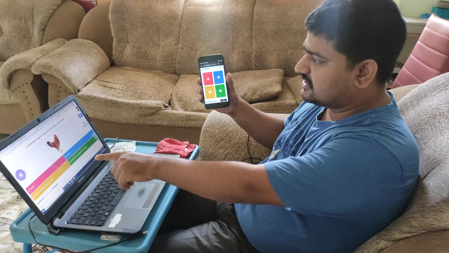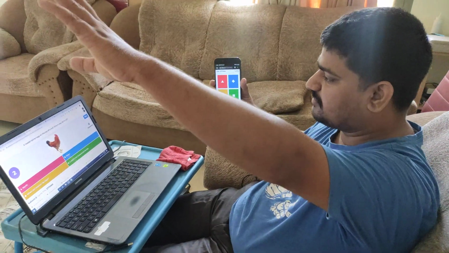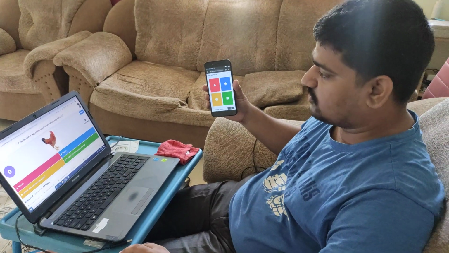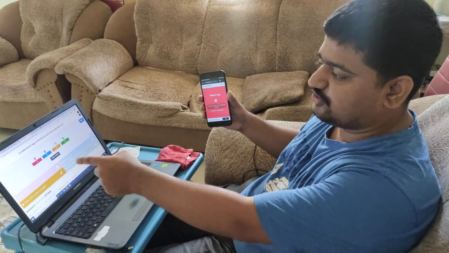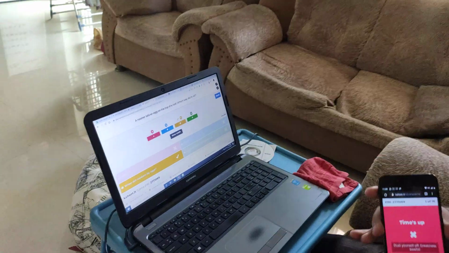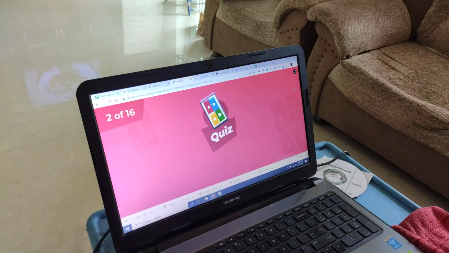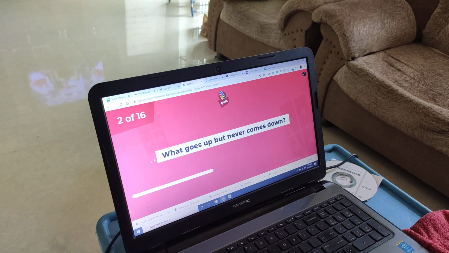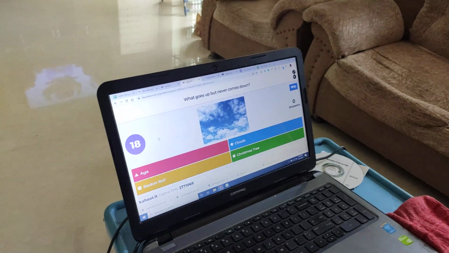It says, a rooster laid an egg on the top of the roof. Which way did it roll? When it's on top of the roof, it would roll down, but it didn't. Roosters don't lay eggs. That's the right answer. You have a timer for every question, so let me go to the next question. As soon as the timer is up, you will not be able to answer. So when the question comes up on screen,